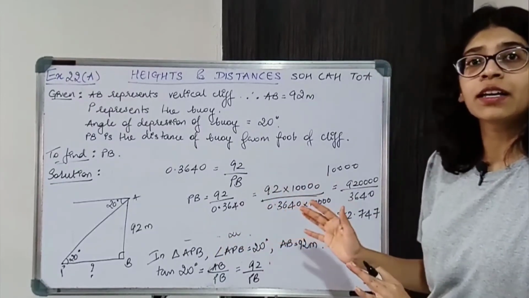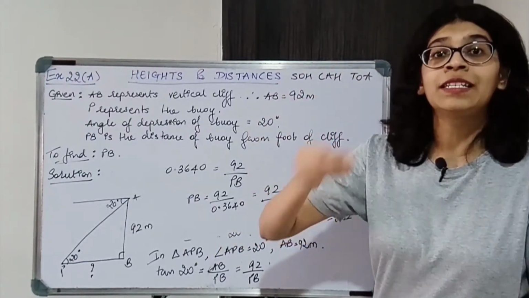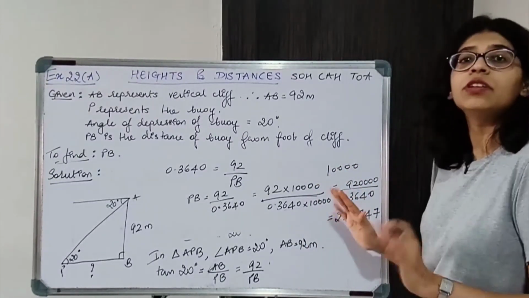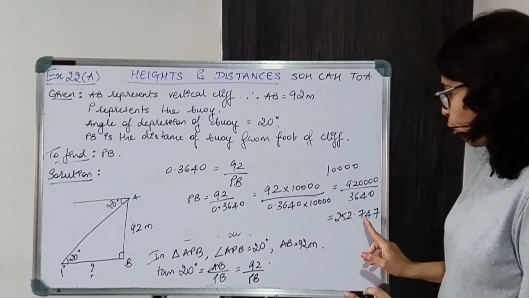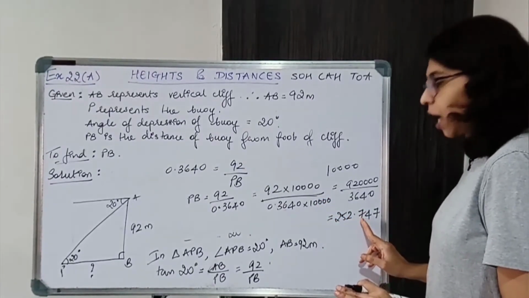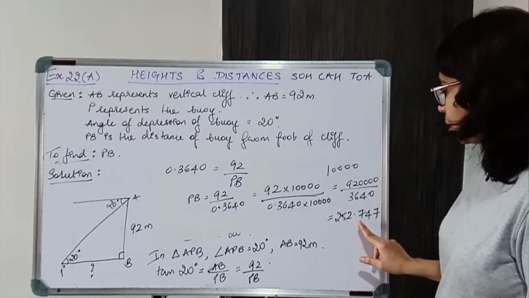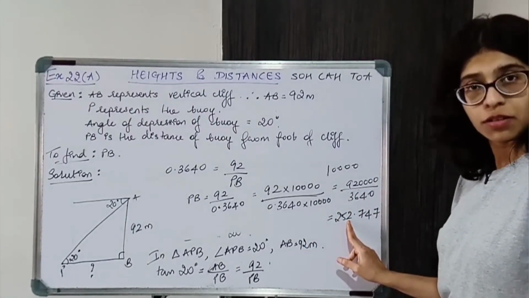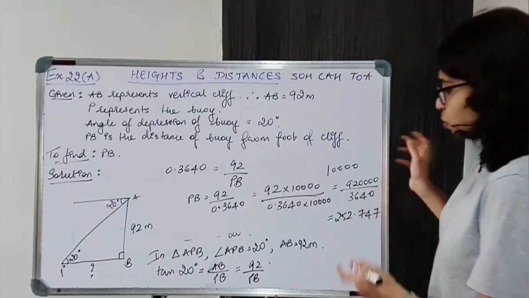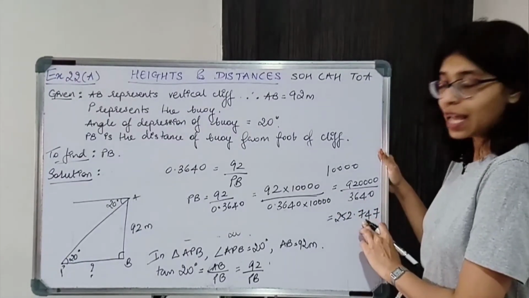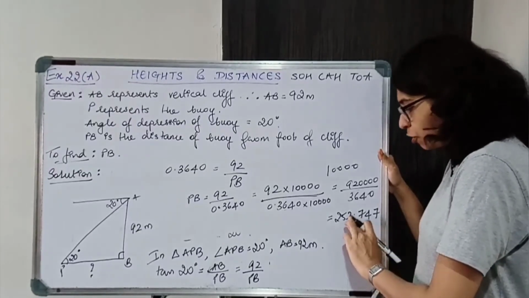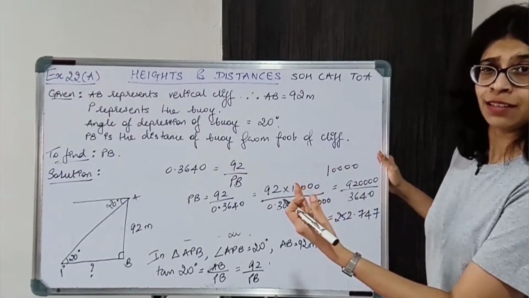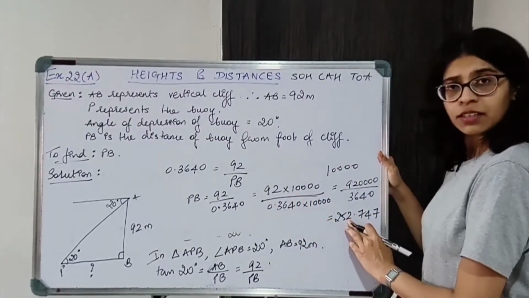Now we are told to find the answer in nearest meters. Round off करना है, not up to 1 decimal place or 2 decimal place, nearest meters. So when you're told nearest meters, nearest centimeters, means decimal point नहीं चाहिए. So decimal point के बाद का नंबर कौन सा है? If the number after decimal point is 5 or greater than 5, then you will add 1 to the number before decimal point. So you will add 1 over here because it is 0.7. Had it been 2 or 3 or 4, then you would not add. ठीक है, तो ये 252 हो जाता. But 252.7 है, so it is closer to 253. ठीक है, so ये 3 हो जाएगा.